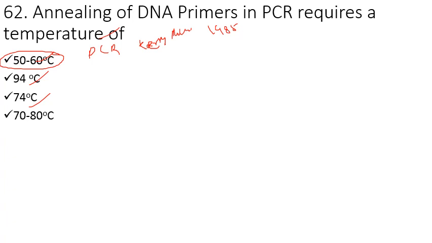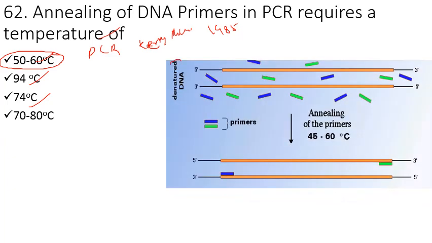It involves 3 steps. The first step is denaturation, which is done at very high temperature, that is near about 94 degrees Celsius. It involves separation of the 2 DNA strands. Then the second step is the annealing, which is performed at a much lower temperature as compared to the denaturation temperature, that is 45 to 60 degrees Celsius. So at this temperature annealing is done, and annealing involves